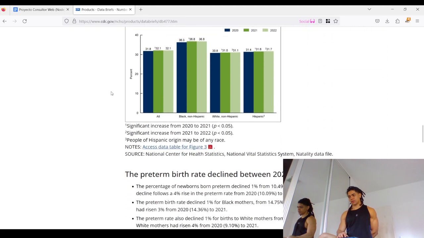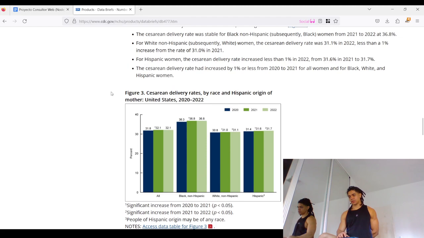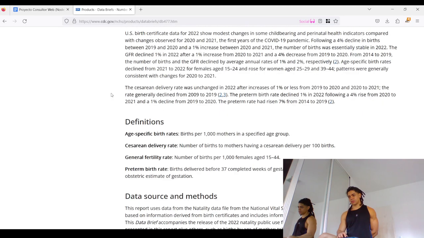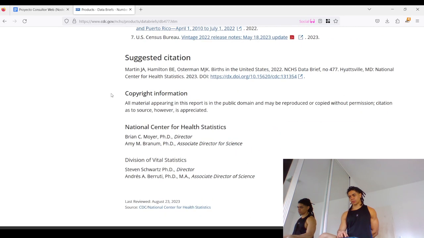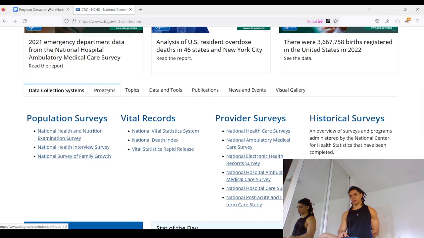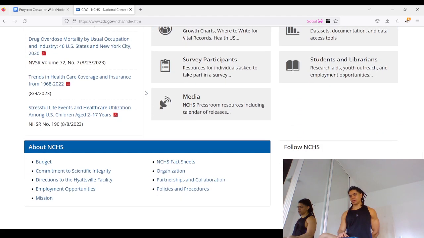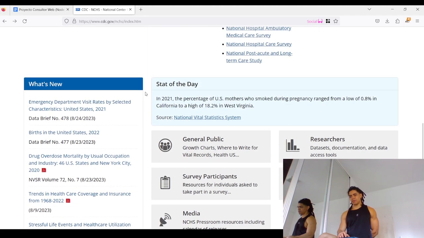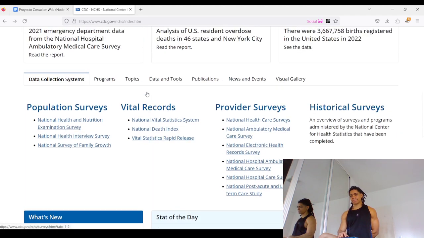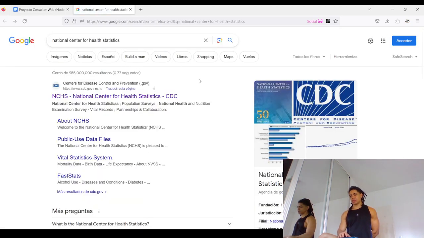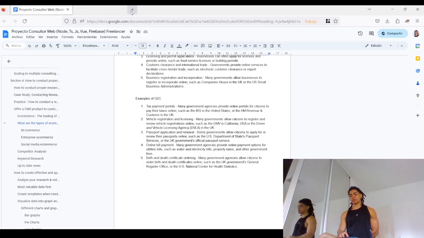Interesting. Again, this center is very, very interesting. By the way, it's very, very interesting. Exactly. So with that, all right, the National Center for Health Statistics, which is a very interesting website. So yeah,